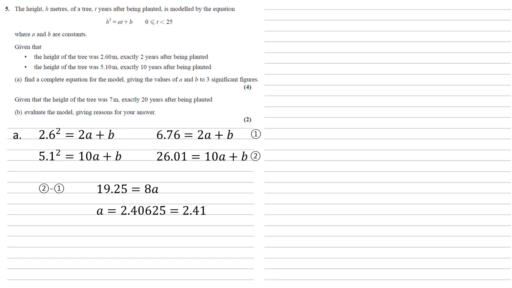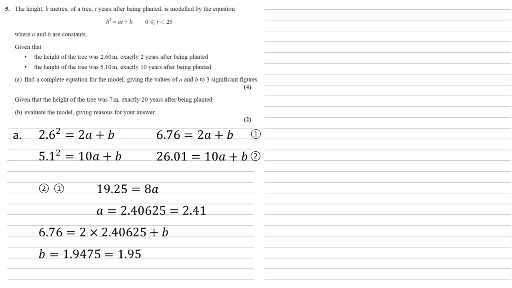Now we've got a, we can put this back into either of those 2 equations to work out b. I'm going to put it back into the first one. So 6.76 equals 2 times 2.40625 plus b. Note that I'm using the full version of a rather than the rounded one. So I'm just doing this for accuracy. If we then subtract the 2 times 2.40625 from both sides, we get that b is equal to 1.9475, which